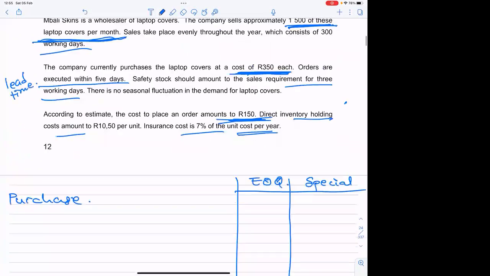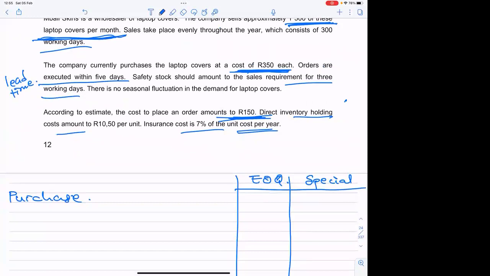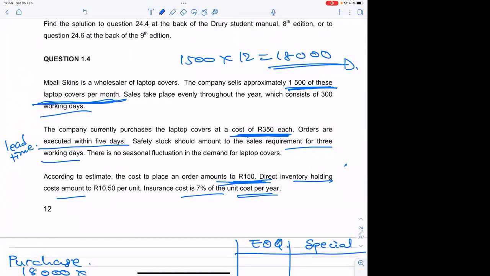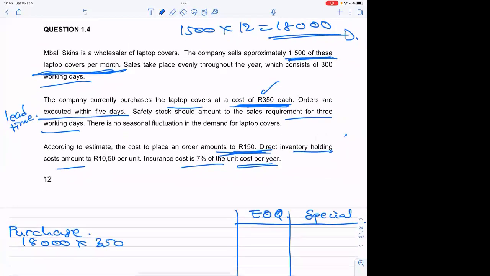Right, so if we are applying the economic order quantity, that is our current, it would be 18,000 multiplied by the cost to buy each cover, which is 350. So we multiply it by 350. What is our cost? 18,000 by 350. 6,300,000. Now, if we apply the special,